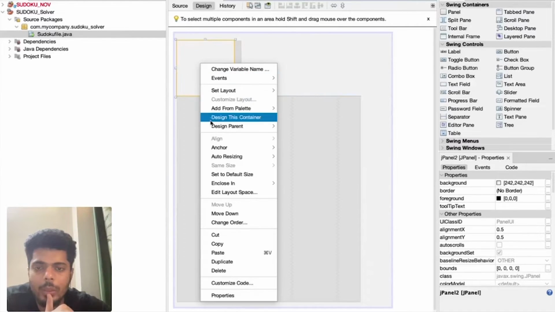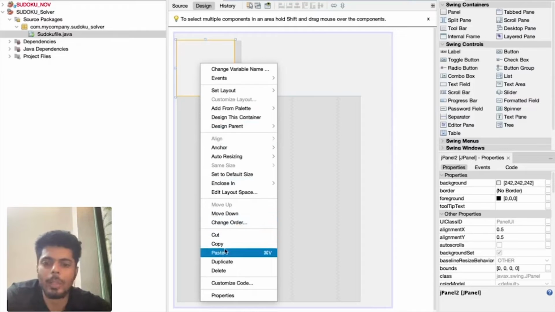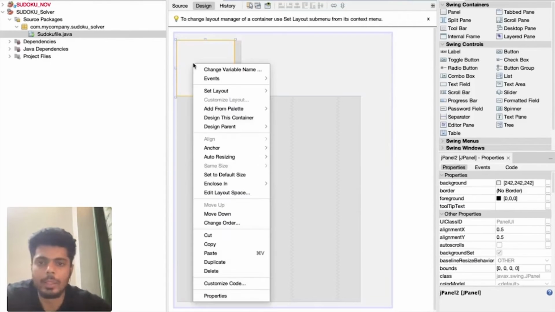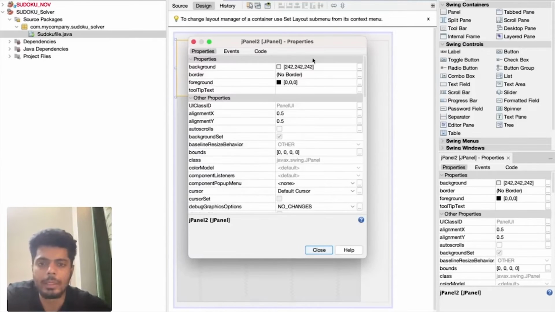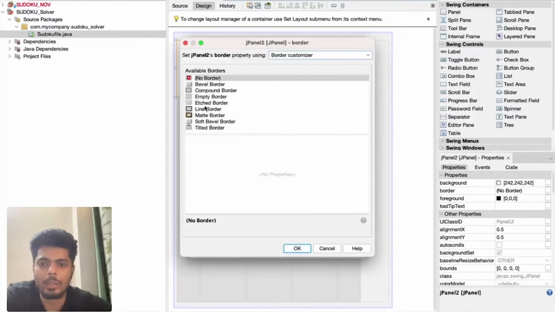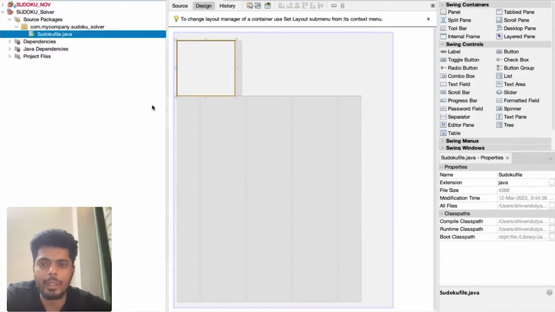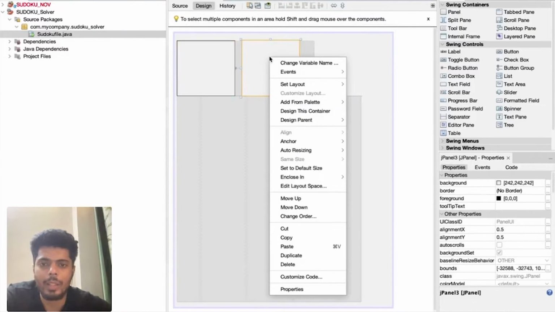Let me do one thing quickly. Let me go to properties. I guess I clicked on something else. Let's go to properties. Let's select no border, and let's give a line border. So for every rectangle, for every grid, I gave a line border.